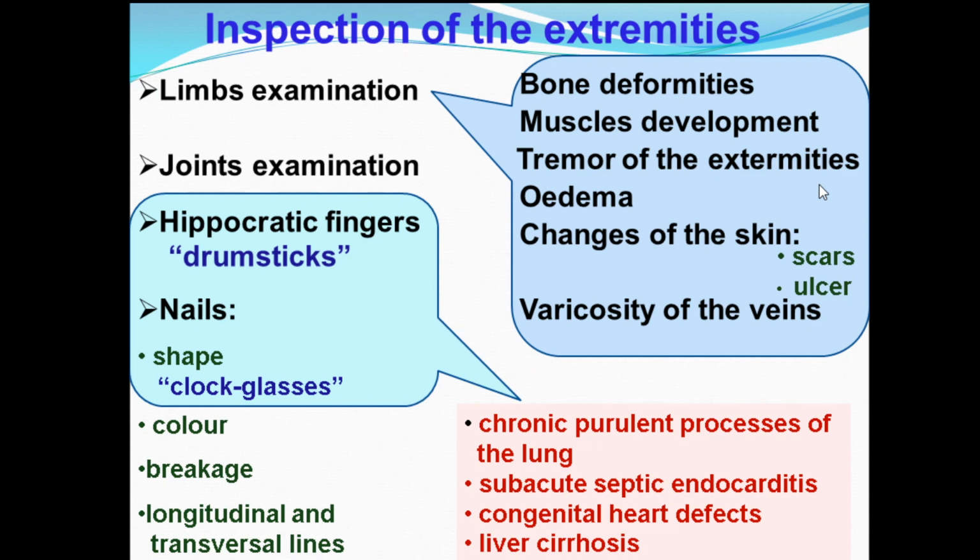But I'll draw your attention to this. Hippocratic fingers and clock glass nails indicate chronic purulent process of the lung, long-standing subacute septic endocarditis, congenital heart defects, and liver cirrhosis, which are also long-standing. It's not characteristic of only one pathology. First of all, each is characteristic of chronic pathology, and the doctor should pay attention to long-standing diseases, because there are specific